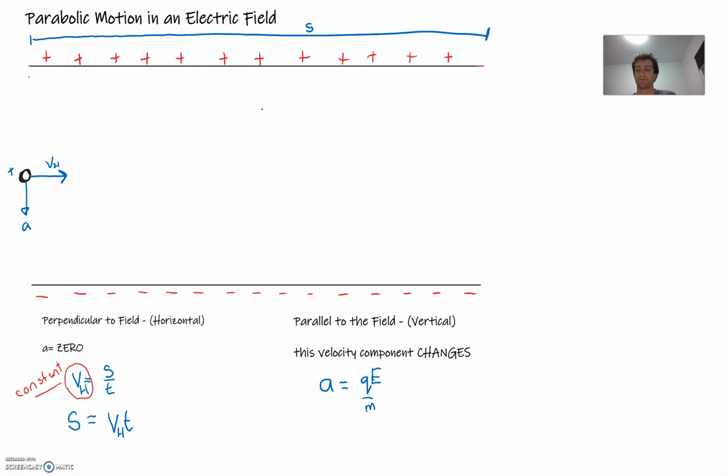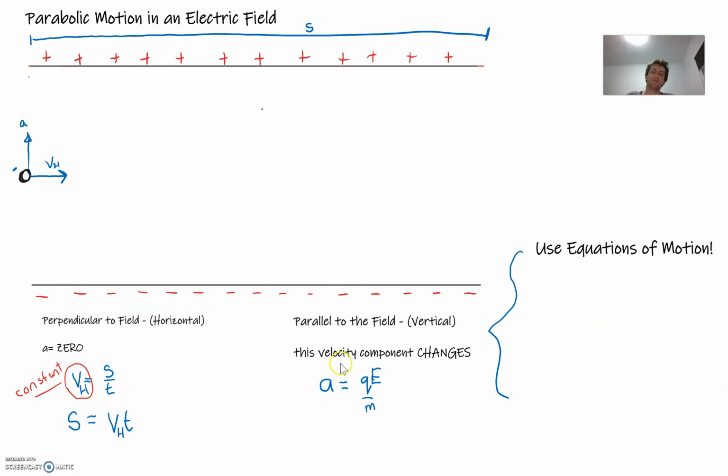Okay? Yeah, so if it was a negative charge there, the acceleration will be upwards towards the positive plate. And that acceleration would not change throughout its entire motion. It would always still be pointing the same way. Notice that it's at right angles to this component of the velocity, which wouldn't change because it's completely perpendicular to the acceleration. That's why that acceleration in the other direction is 0, and that component of the velocity will remain